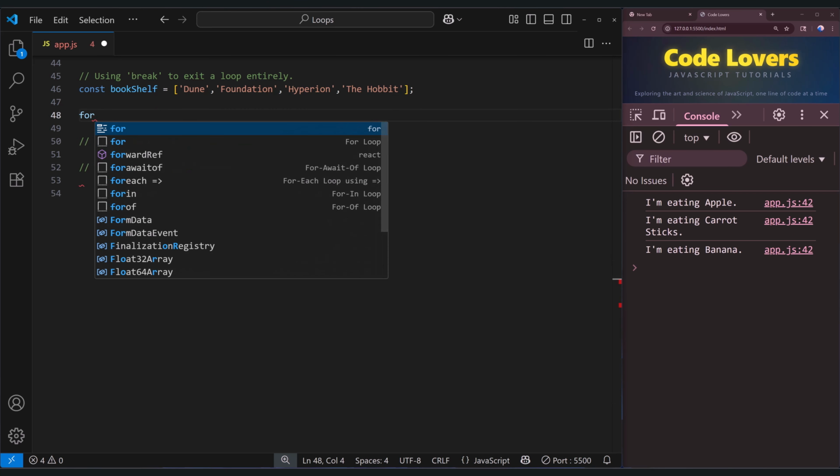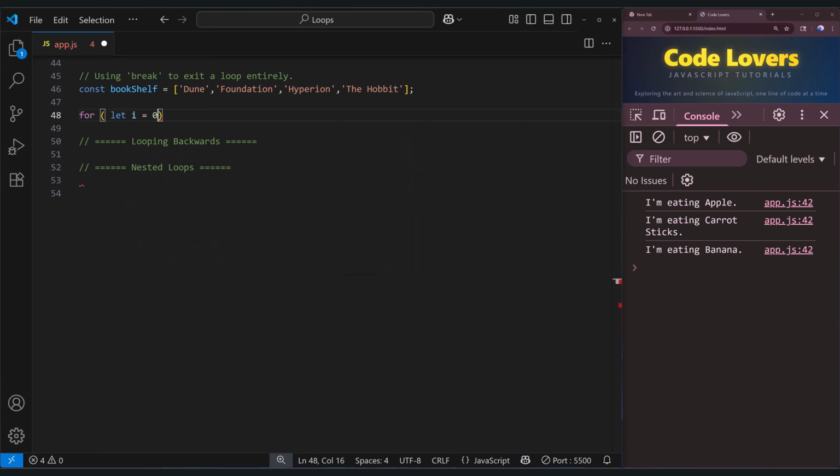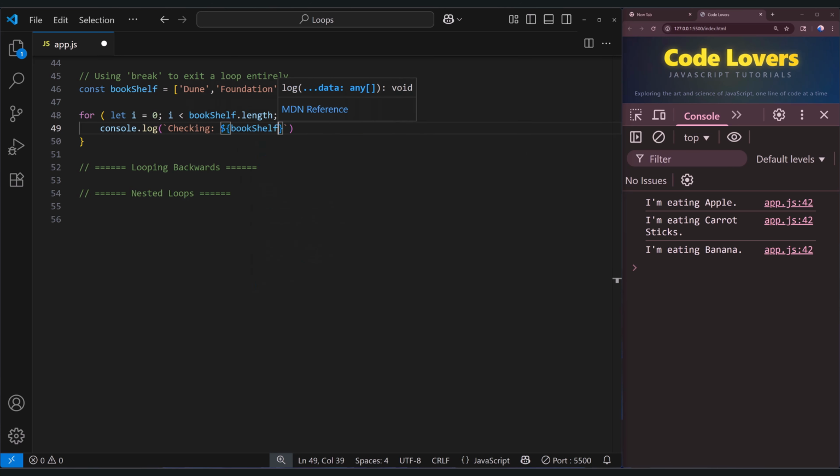So for let i equals to 0, semicolon, i less than bookshelf.length, semicolon, and i++. Set of curly braces, and here I write console.log backticks checking colon $ sign curly braces bookshelf square brackets i, semicolon. Now our condition: if bookshelf[i] strict equality operator Hyperion,